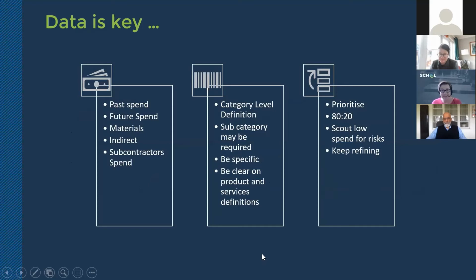So as we say, the first thing we need to get better on as an industry in general is data. Data is key. When you undertake your risk assessment, understand what's your spend. And when you're looking at spend, and I've done this recently with a client, there can be loads of spend and then said, oh yeah, by the way, 5 of those we're not actually doing contracts with in the next 12 months, we're getting rid of them. So actually understanding the spend in terms of historical spend around categories, but also thinking about what that future spend looks like is just as important.